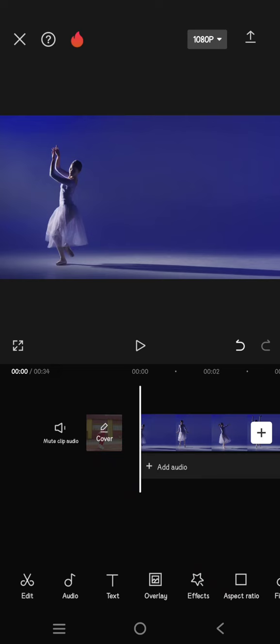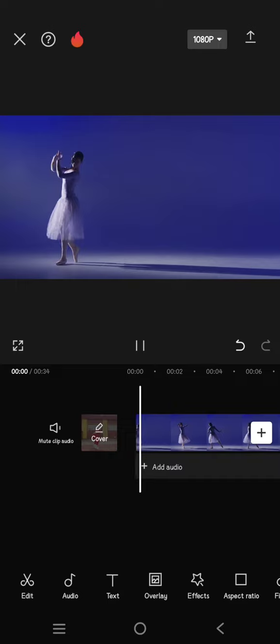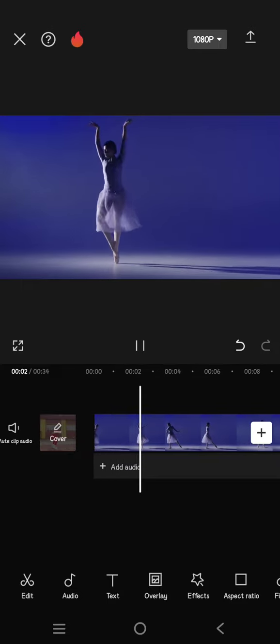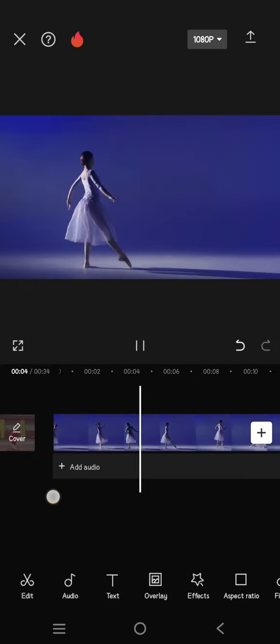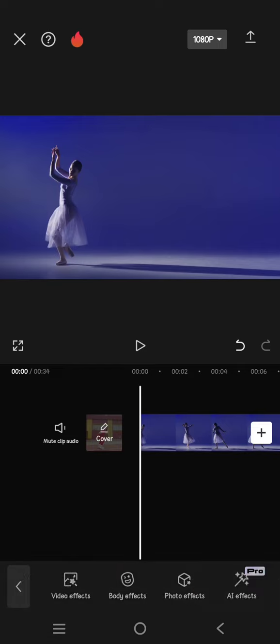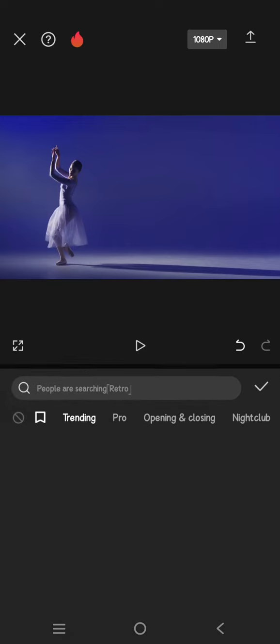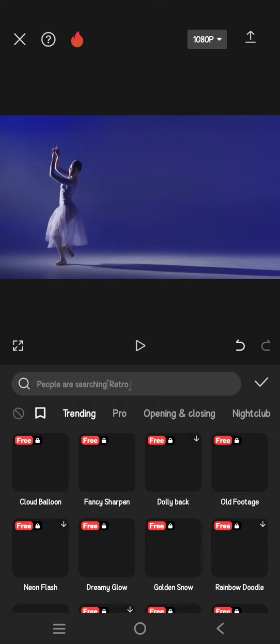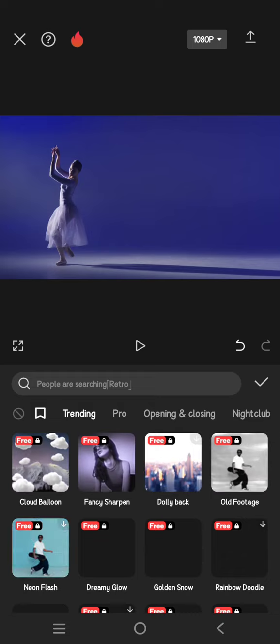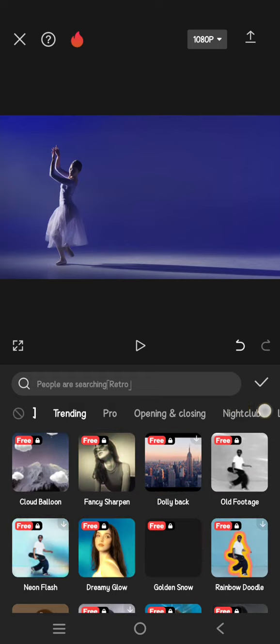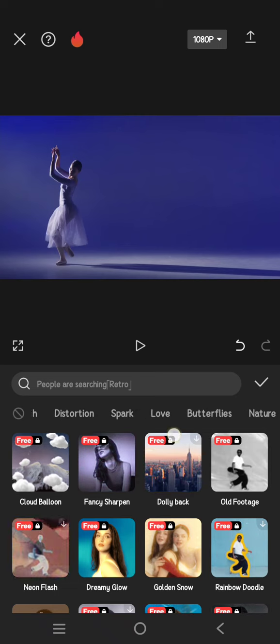On today's tutorial, I'm going to show you how you can have a vintage flash effect on your videos by using CapCut. So first things first, you just need to add your clips into CapCut like this. And after that, go straight to effects, click on the video effects. And in here, you can just swipe through the category and select the